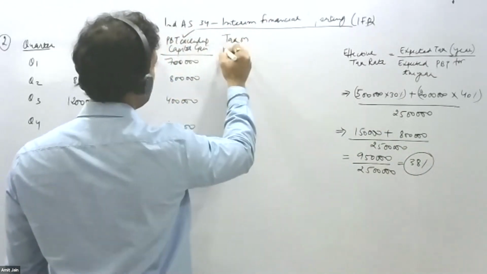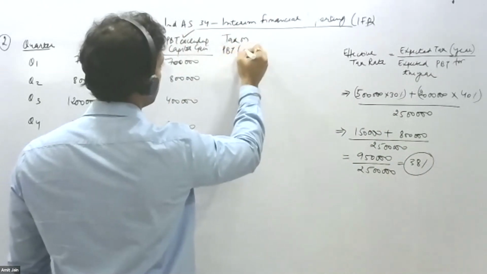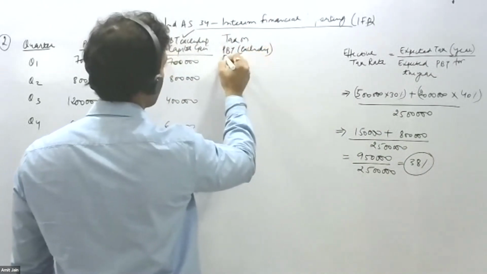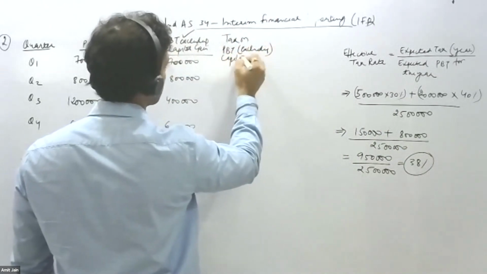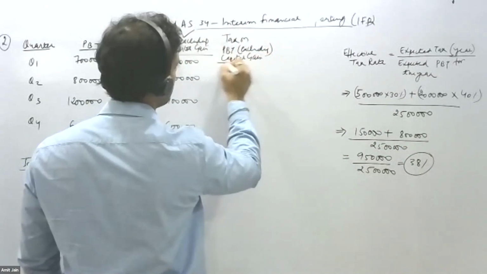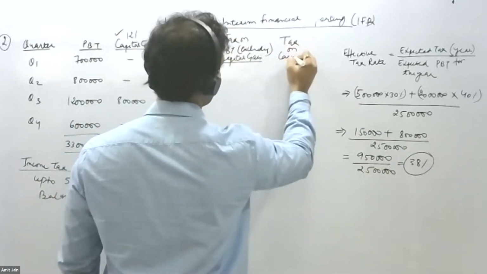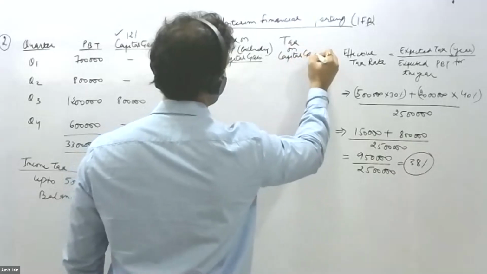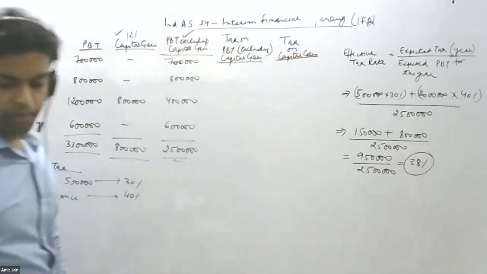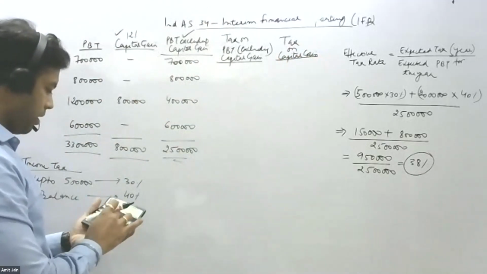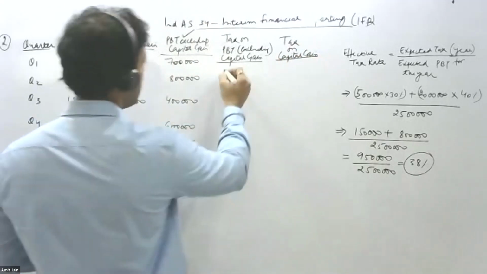Tax on PBT, excluding capital gain, right? And tax on capital gain, right? Let's compute, guys. 38%, 7 lakh rupees multiply with 38%,